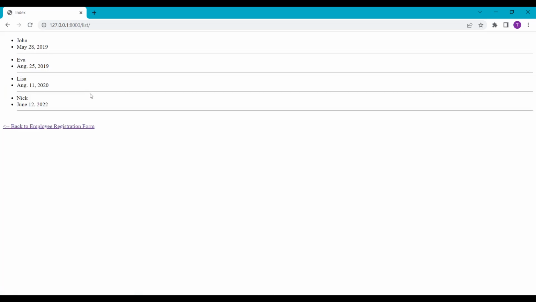It will move to the list view. So you can see that it shows the list of the employees with the date of joining. You can see the first one is John, the next one is Eva, the third is Lisa, and the last one is Nick. So as you see, I use the filter object on the date of joining. Now my main focus is to tell you how this filter object works and how it orders employees